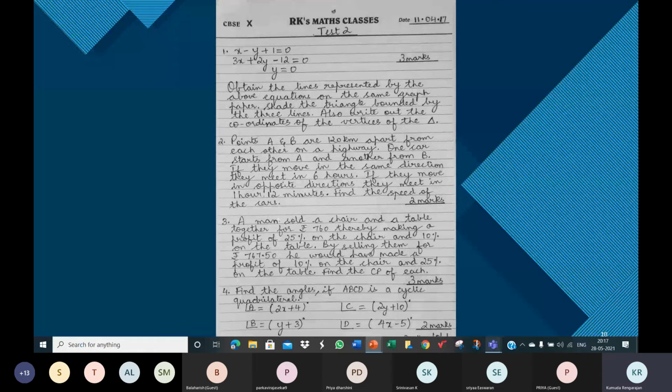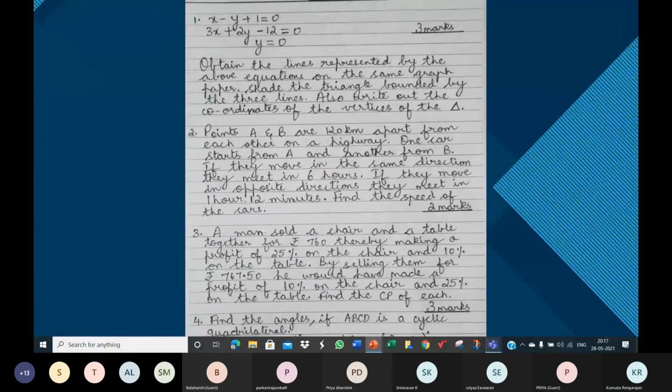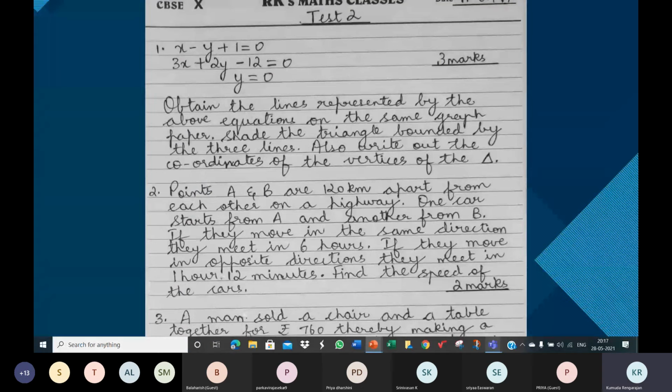I've shared my screen, children. Visible, right? Yes, ma'am. Thank you. Sorry to bother you with the same questions. I hope you've started making the graph. Once you get the first line, just let me know. The first line on your graph paper, the straight line represented by the first equation, let me know.